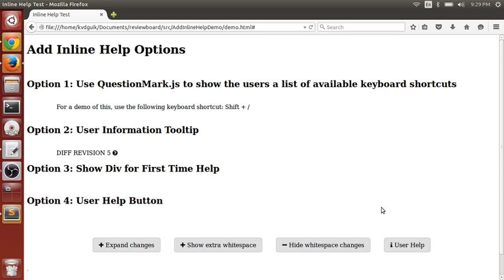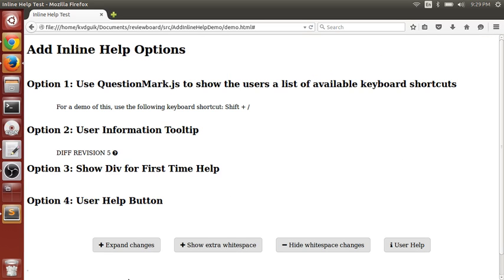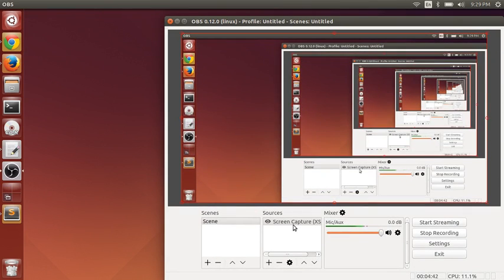So that's really a good option, but once again, we need to be able to find out where we can put this button so that it's obvious to users. And we have to make sure that we have the right content, not too much content in the modal itself. So those are the current options I'm investigating for adding inline help, and I hope you enjoyed my